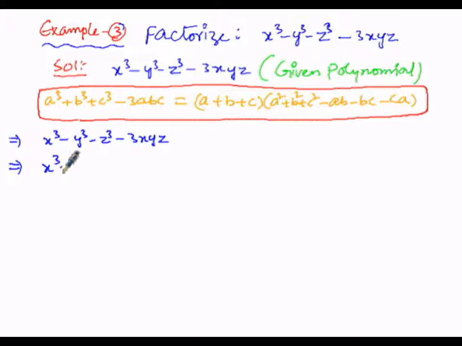Whereas here I need a plus sign. So I want to write plus, but inside the bracket I want to write minus y whole to the power of 3. When minus is repeatedly multiplied thrice, since 3 is an odd number, we will get negative itself. So plus into minus is minus again. Similarly, I need plus c cube. Instead of minus z cube, I write plus, but inside the bracket I write minus z whole cube. Three is an odd number, so minus remains minus, and plus into minus is minus, so we get z cube as it is.